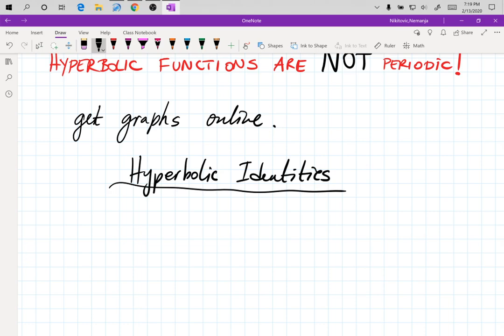As I said before, they will be annoyingly close to trig identities, and the word annoyingly is very carefully used because it's going to be very easy to confuse the two worlds. So I'm going to list all of the identities that you might get as a problem to work out as a proof,